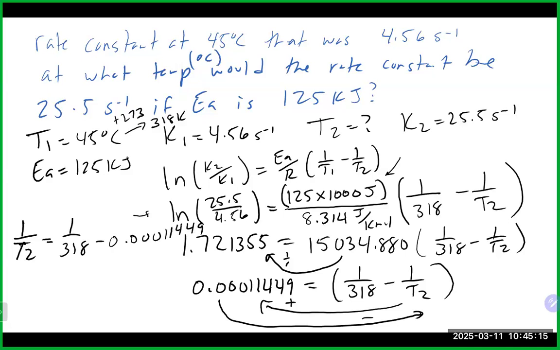All right, so clean up the right-hand side at this point. 1 divided by 318 minus our 0.000114449. Gonna give us 1 over T2 is equal to